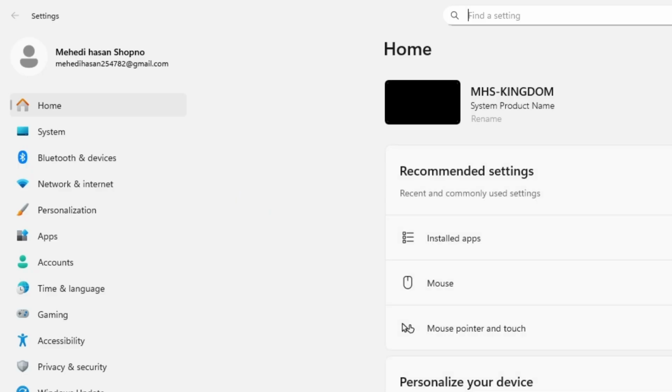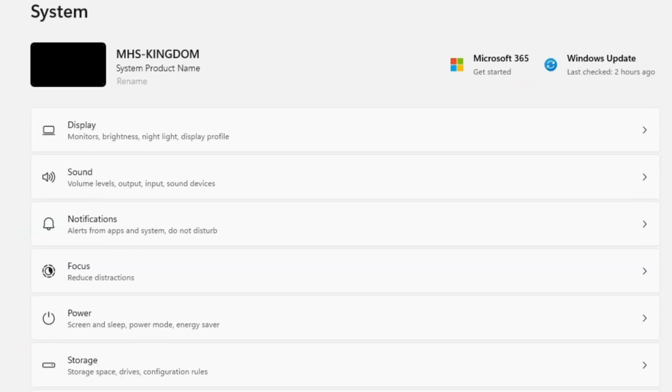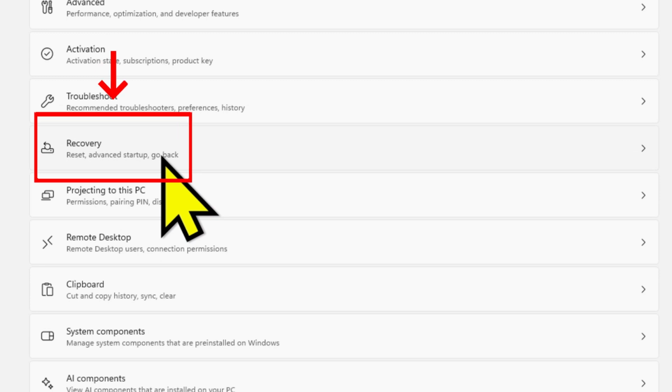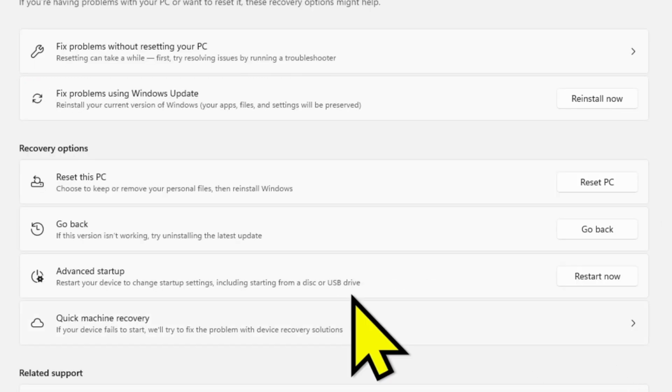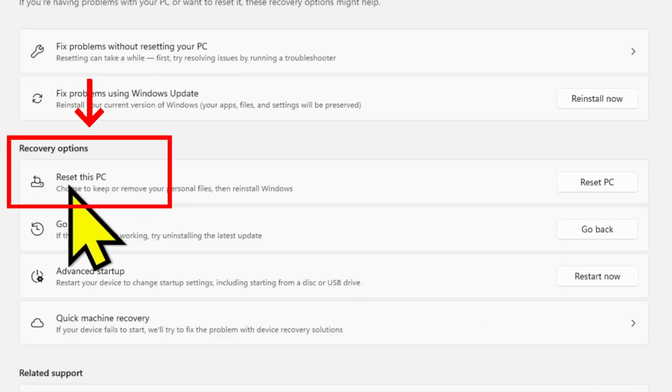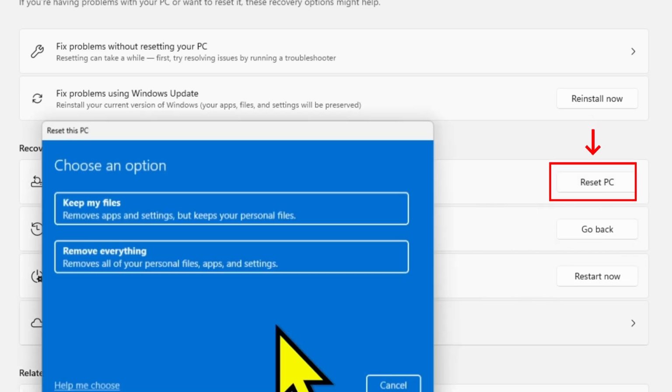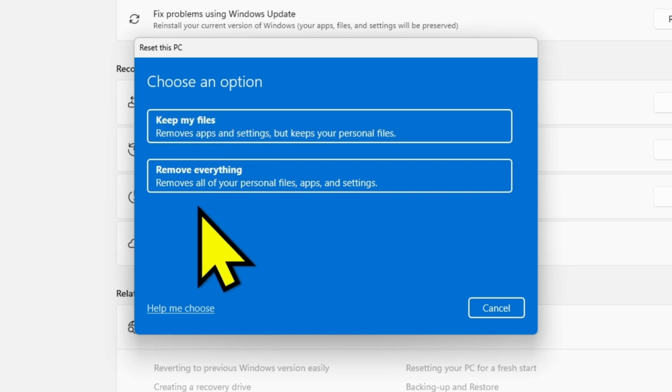After coming to Settings, you can simply find System on the left side, click on that. And now if you scroll down a little bit, you will find the Recovery option over here. If you click on it, here you will find the Recovery options and the Reset this PC option. Now if you click on Reset PC, here you can see there are two options called